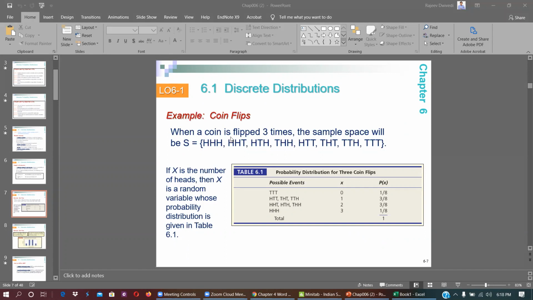You can have all 3 coins head, you can have 2 heads and 1 tail, you can have first one head, second one tail, third one head. The fourth possibility, tail, head, head. The fifth one is head, tail, tail. So these are all the possible options when you are flipping 3 coins. It could be anything out of this. Now we are looking into the probability of having